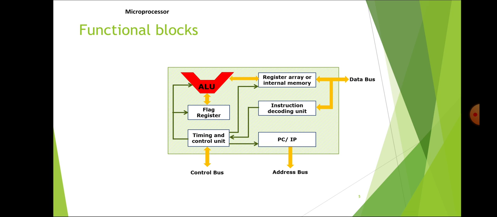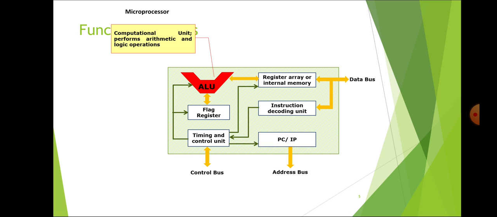Okay, or you can say the general architecture of the microprocessor. So which are the blocks which are present? That is a very important block, that is nothing but the ALU. ALU is nothing but the arithmetic logical unit. Okay, so in the arithmetic logical unit,